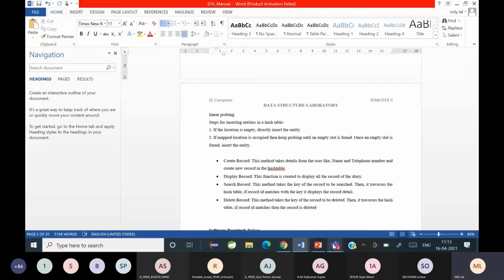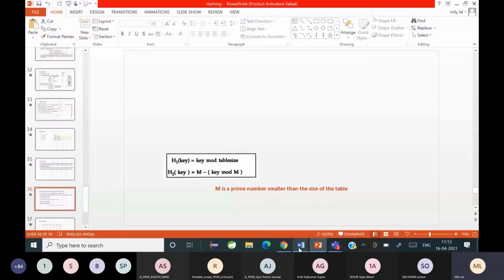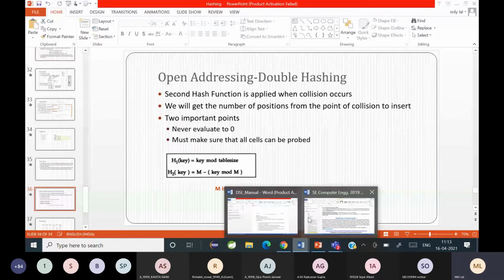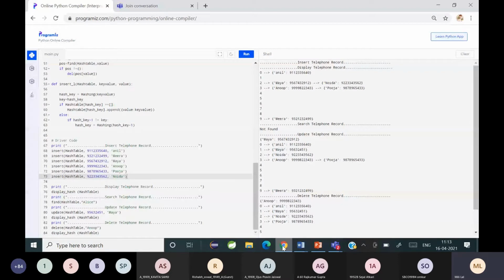So here I'm just using an online IDE for Python. If you have Python installed in your system, or those who don't have it can also work in the online IDE. Since you all have already done Python in your first year, I want you all to explain the concepts here.